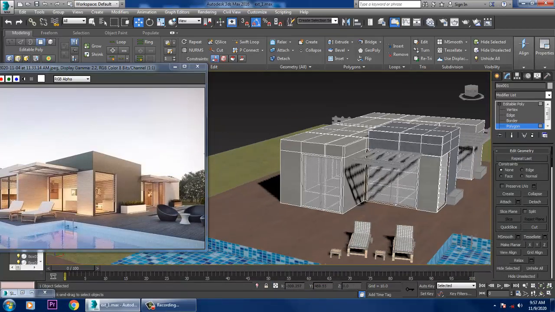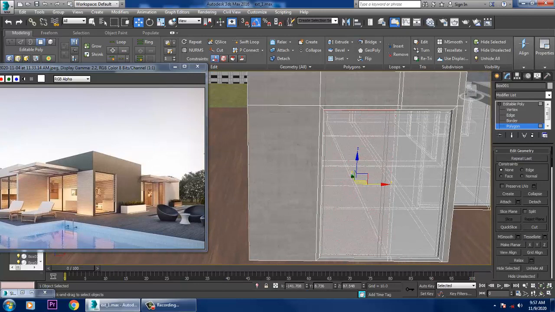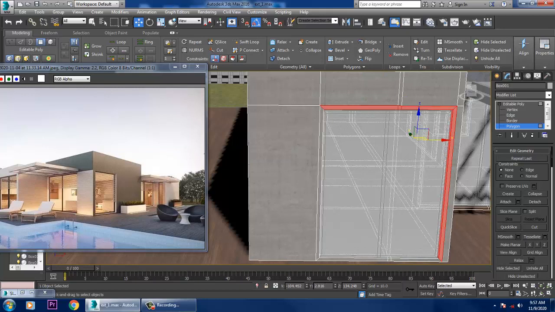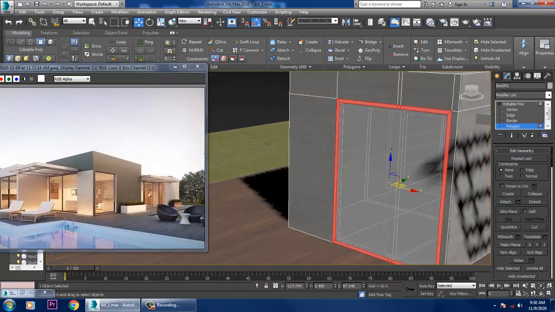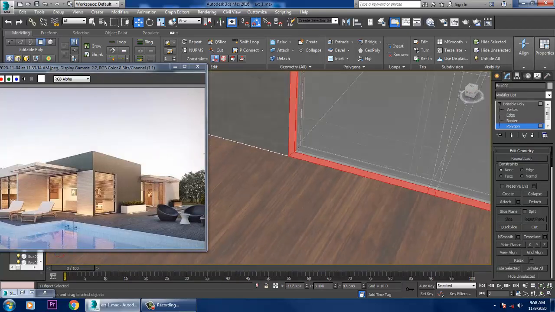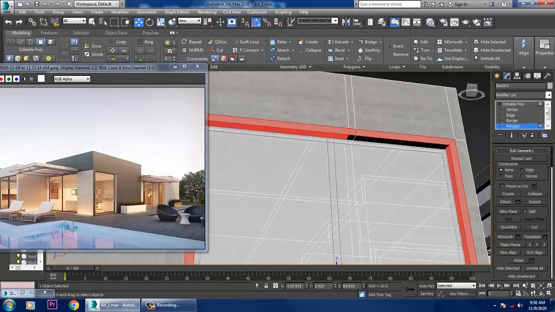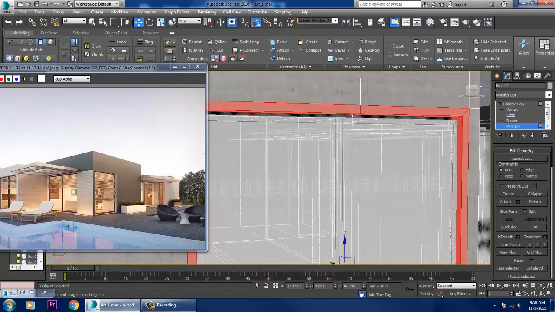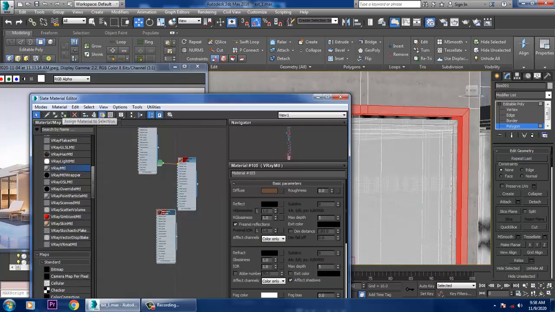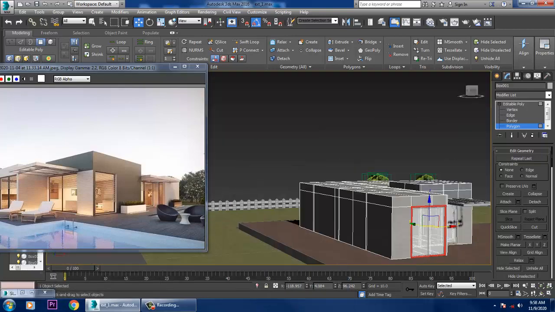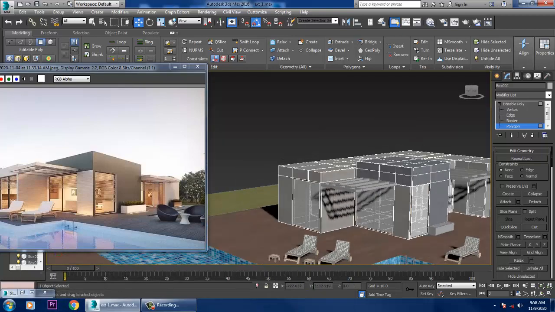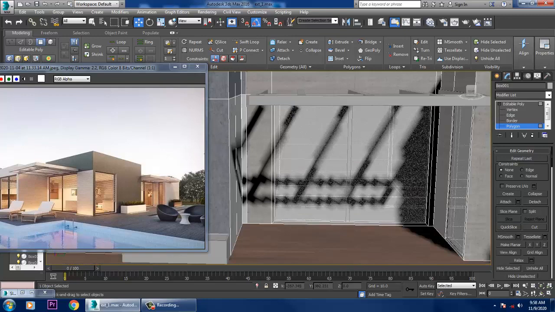Alright, same for this also, just assign the texture wherever it is required. You can select that, material, assign that. We'll be doing the same over here also.